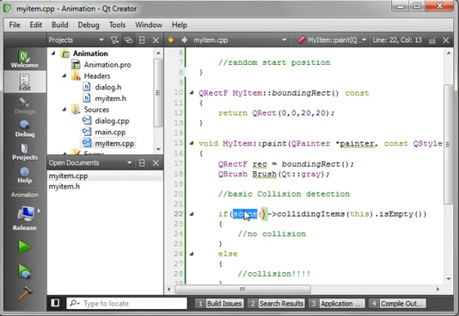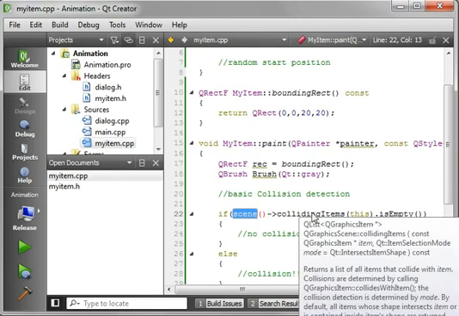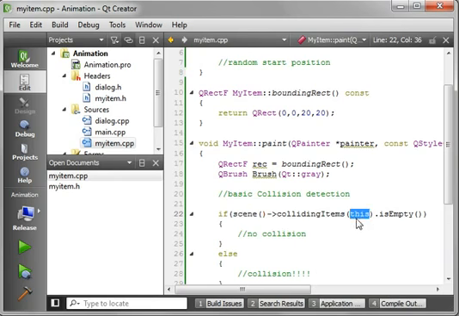The scene is going to tell us, remember we add this object into the scene. The scene is going to tell us where the objects are, and it's going to say scene colliding items this, meaning we're going to say is this item colliding with anything? And it's going to return is empty, means no collision. I know that sounds kind of convoluted, but what we're going to do here is we're just going to say